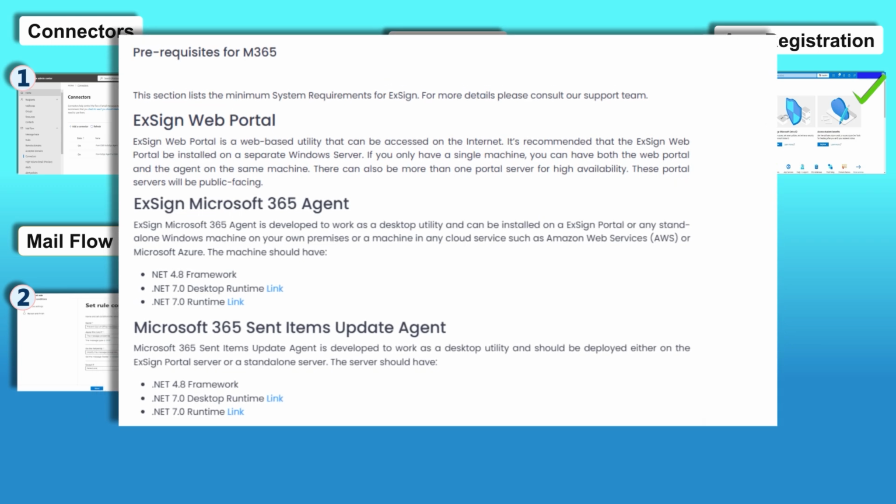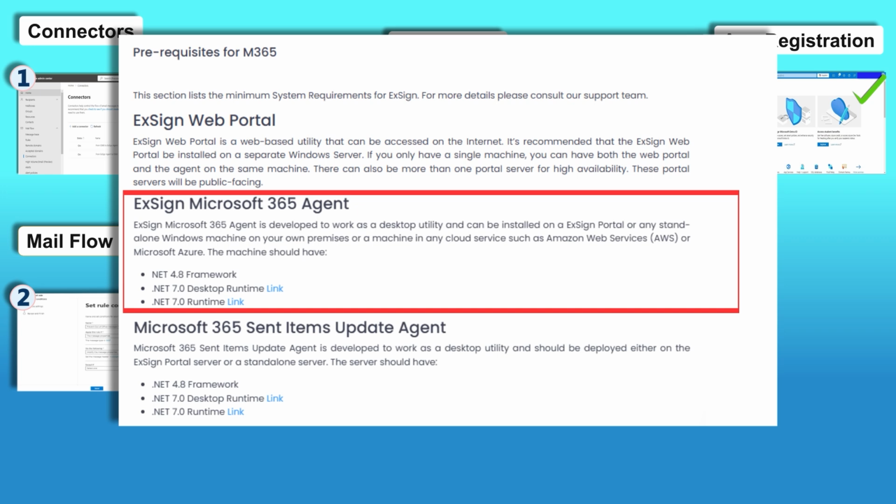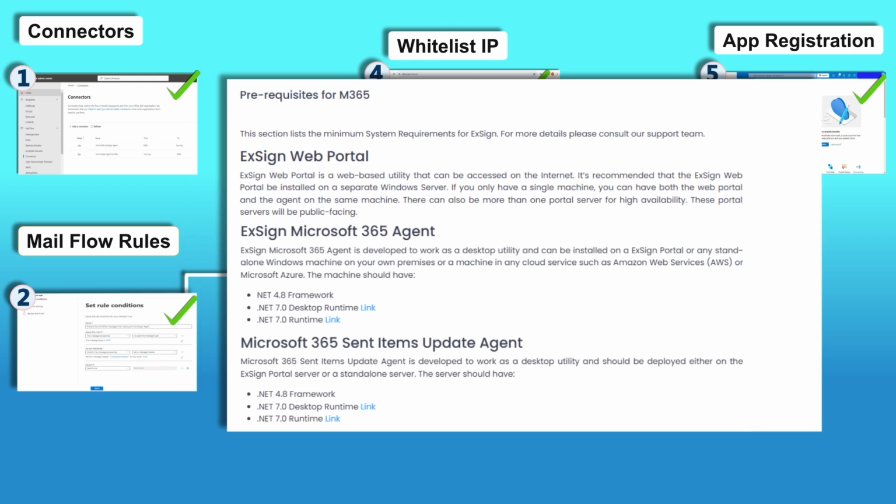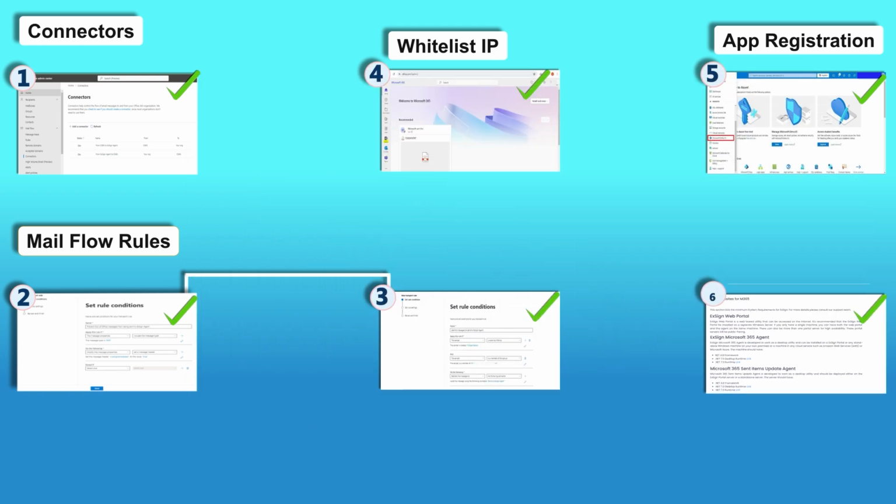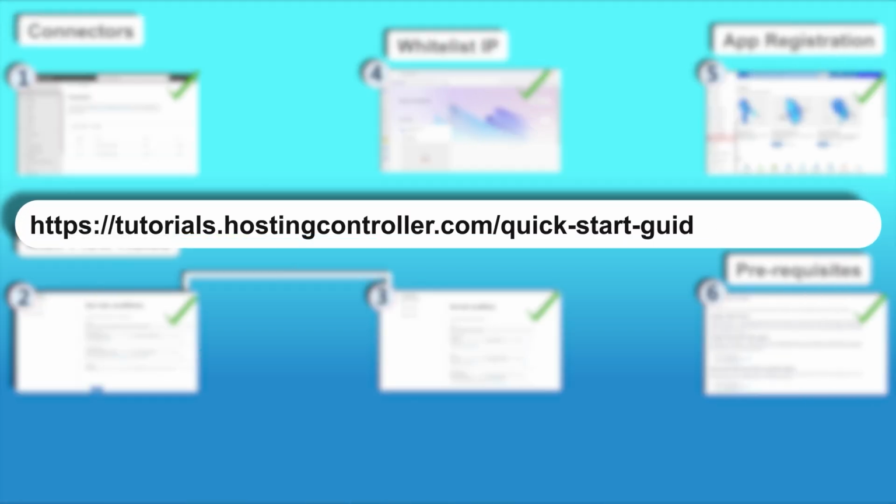The ExSign agent for Microsoft 365 will be a separate machine from the ExSign web portal and will authenticate itself with the web portal through an authentication token. But before it can be installed, there are some prerequisites to be met on the machine. For details, see